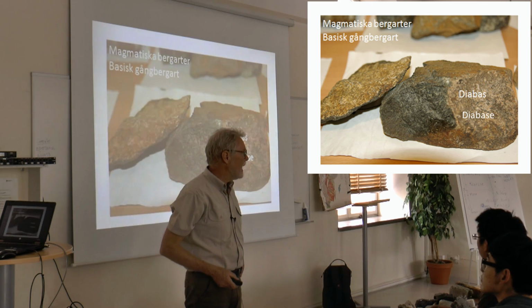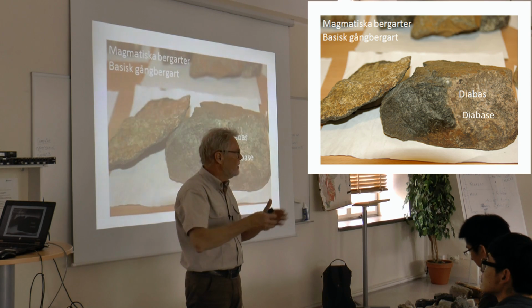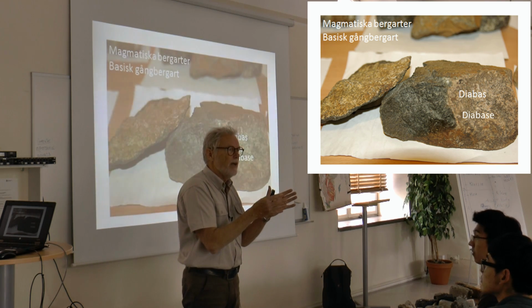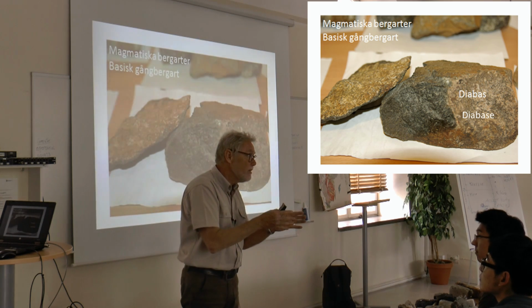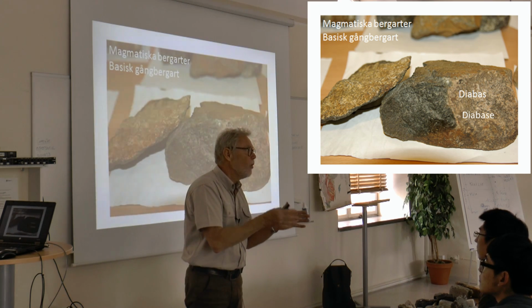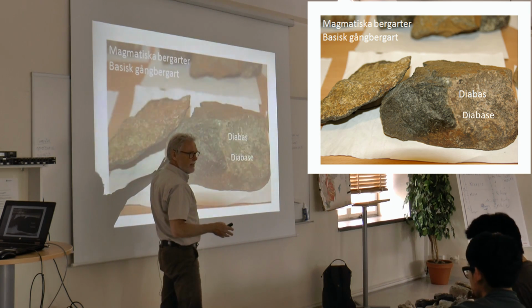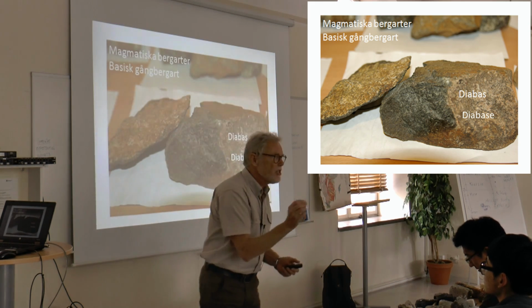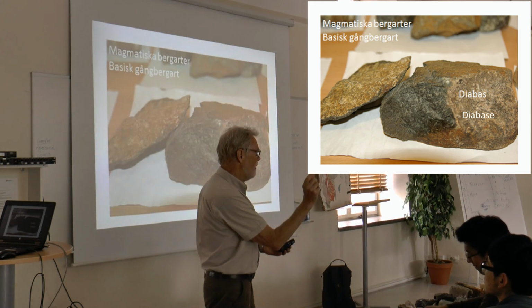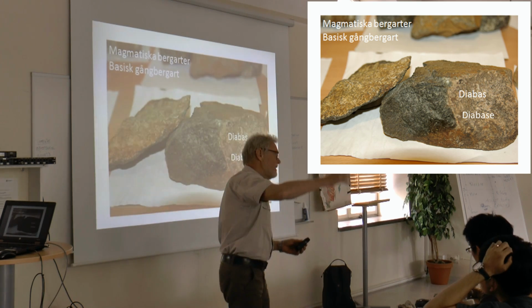No, you haven't been building houses yet. If you are insulating your house, you can have some glass fibers, but you can also have some rock fibers. That is called mineral wool. And mineral wool is diabase. So you excavate diabase, crush it into very small pieces, and you melt it, and then you blow some air into it,